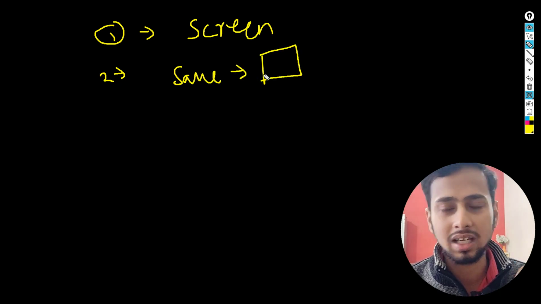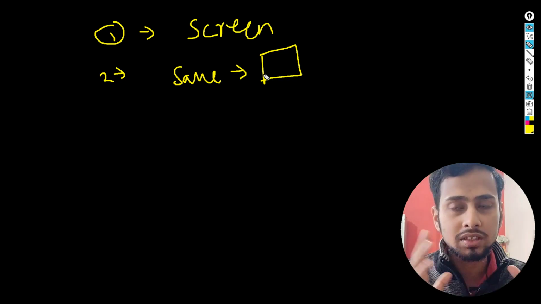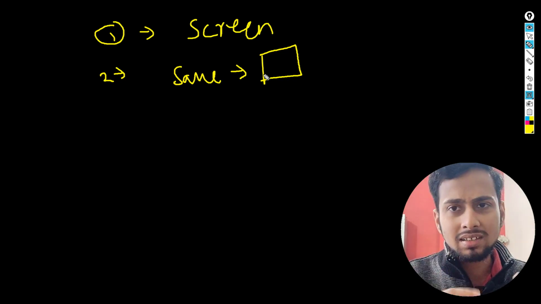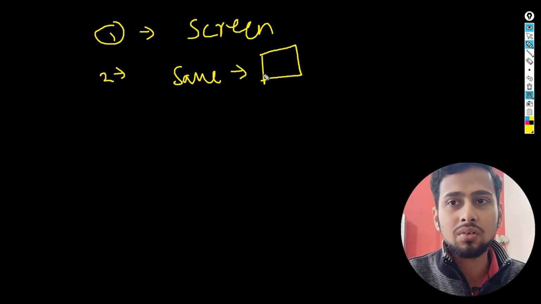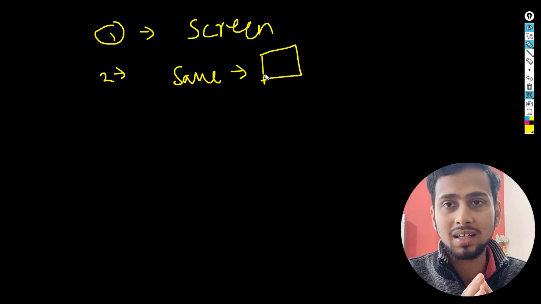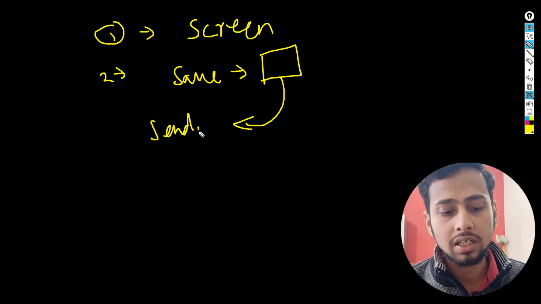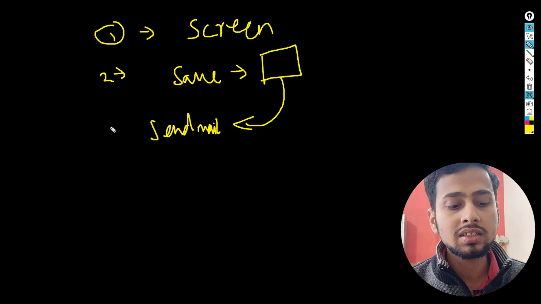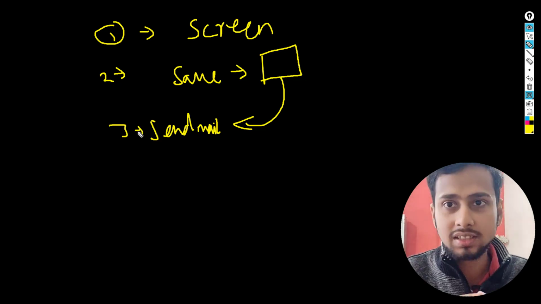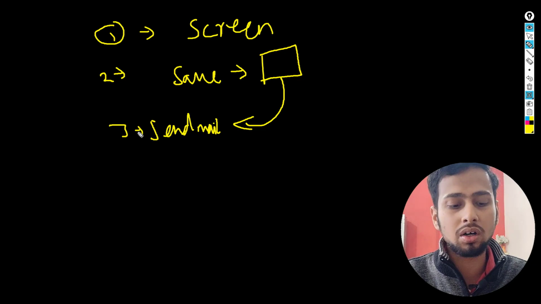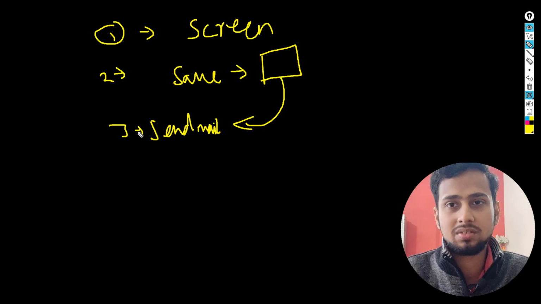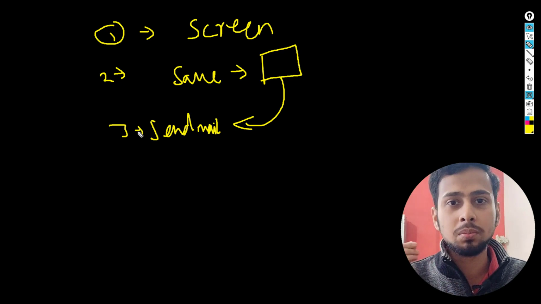So let me draw this directory. I am not good at drawing, but here we can see that first of all, we have to take the screenshot, create a directory, then save the image. And once that is done, now comes the next and most interesting part, that is to grab all the images from this directory and then send mail. This is a type of flowchart that we must do before creating any complicated program like this. So here are the 3 steps. It looks simple on the face of it, but when we code it out, it is going to get trickier.